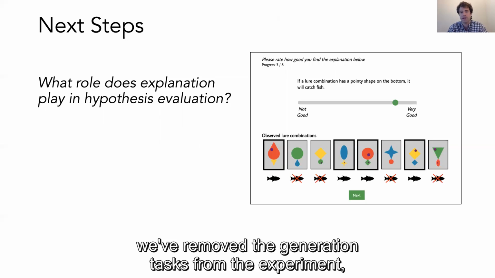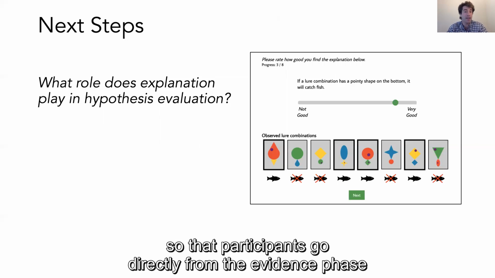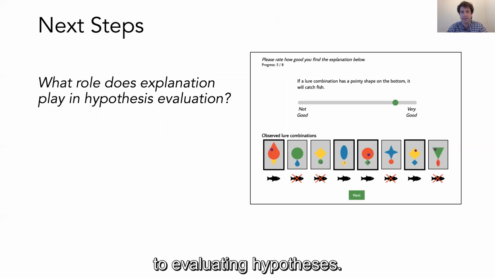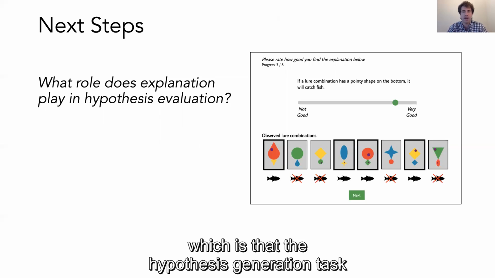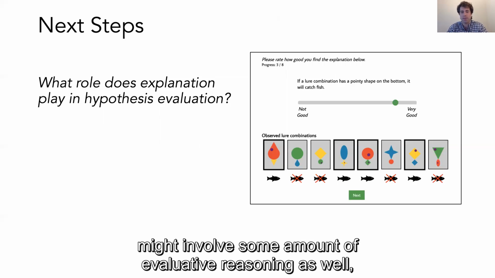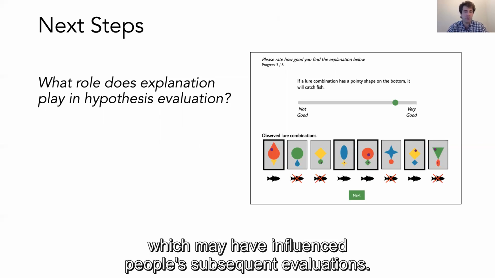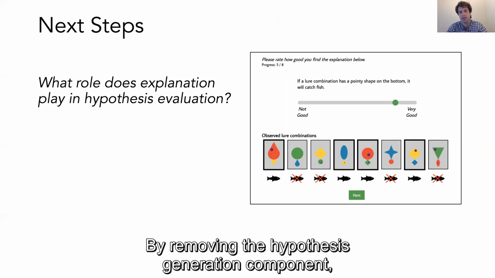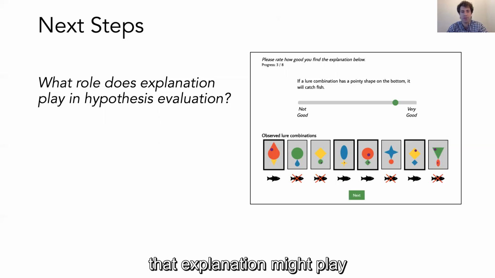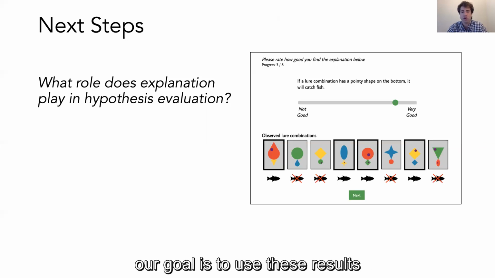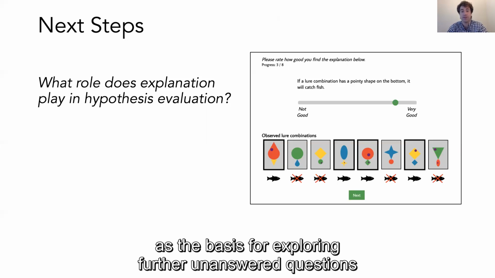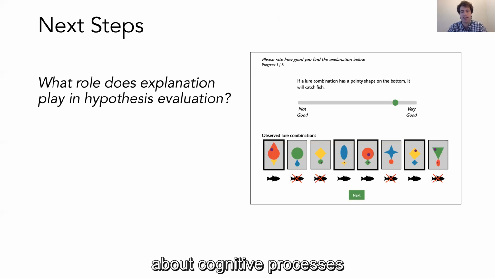And more importantly, we've removed the generation tasks from the experiment so that participants go directly from the evidence phase to evaluating hypotheses. This addresses a theoretical concern from the current results, which is that the hypothesis generation task might involve some amount of evaluative reasoning as well, which may have influenced people's subsequent evaluations. By removing the hypothesis generation component, we hope to better isolate any role that explanation might play in evaluation of the target and distractor rules. Moving forward, our goal is to use these results as the basis for exploring further unanswered questions about cognitive processes